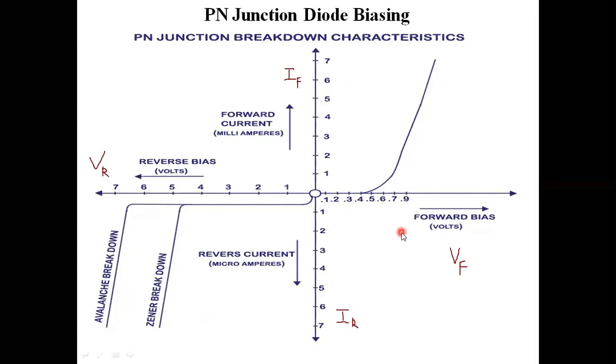In the reverse bias direction, up to below 1 milliampere, this reverse voltage keeps on being increased. Reverse voltage is 1 volt, 2 volts, 3 volts. Like that I keep on increasing up to 7 volts also. I am not going to obtain any sort of increase in the current level. But up to 4.5, I am going to obtain some Zener breakdown here.